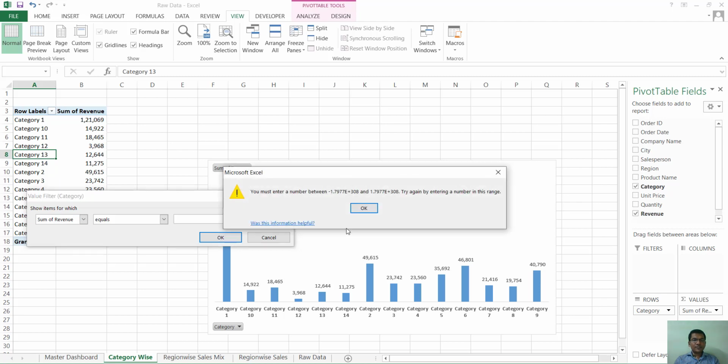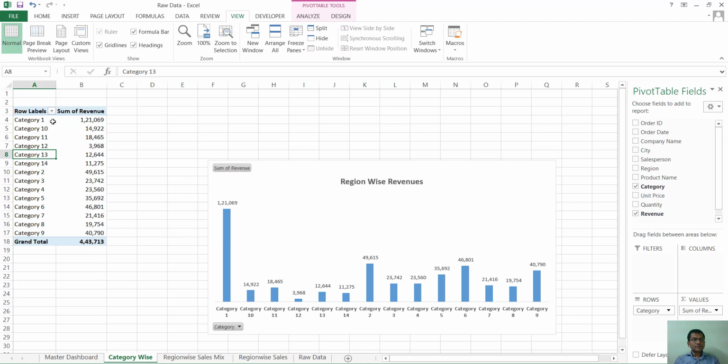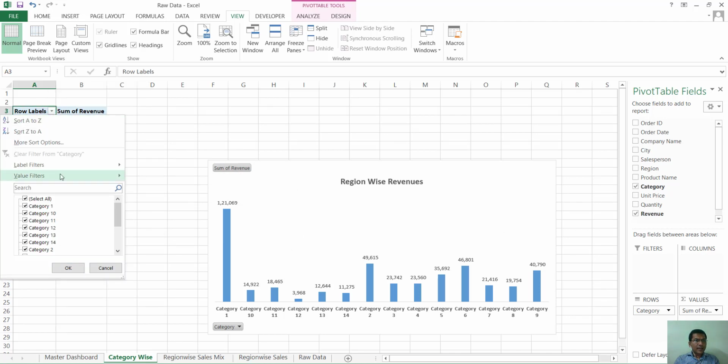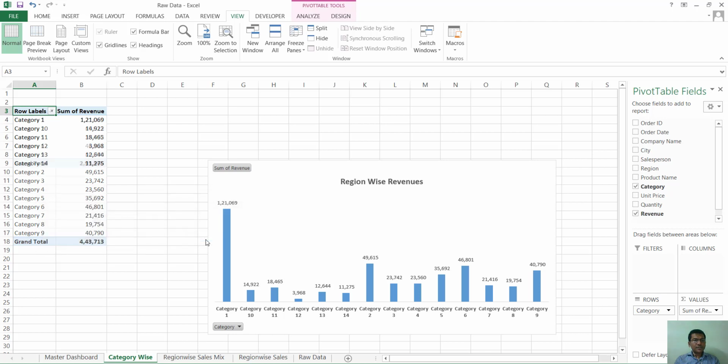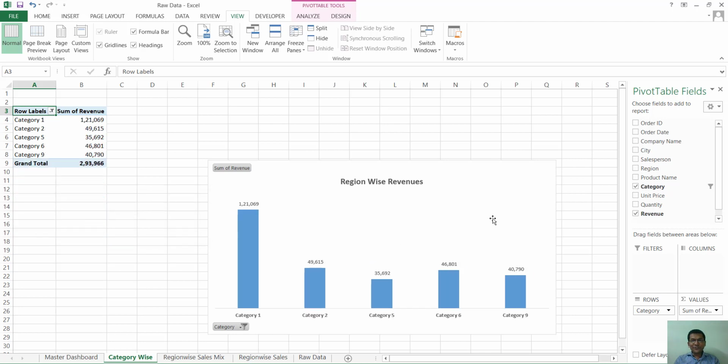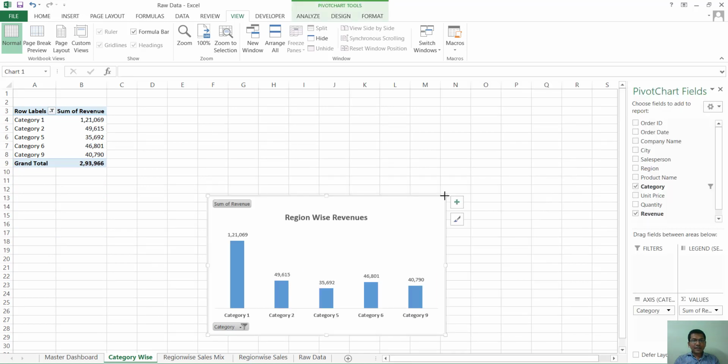The sum of revenues, right? And I click on OK. Now I go to row labels, and here I have this option of value filters. This option called top 10. I don't want top 10, I just want the top 5 options. So here it is, beautifully it has reduced this to my top 5 categories, which is category 1, 2, 5,